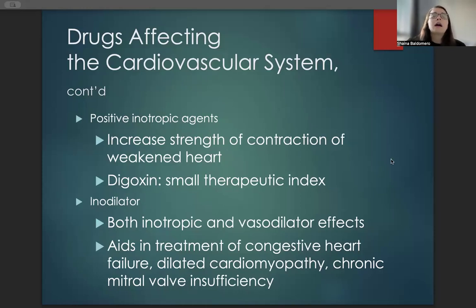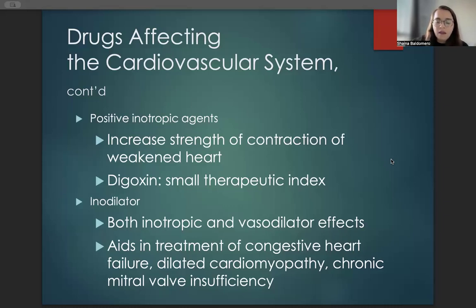A positive inotropic agent is a medication like digoxin. It can help increase the strength of a contraction of the weakened heart. So it can help get that good contraction back to get a stronger beat and